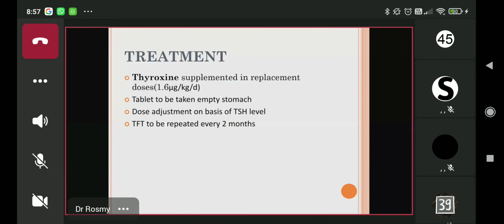Some books say there should be a half hour gap between breakfast and this tablet. But it is advisable that the first thing you do after getting up in the morning is to take the tablet, and only after 2 hours are you supposed to take food. Even tea, coffee, calcium supplements or iron supplements should not be taken along with the drug. So you take thyroxine, go about doing all your work, then you have breakfast after 1 or 2 hours. This is the advice you are supposed to give to somebody who is taking a thyroid hormone tablet.